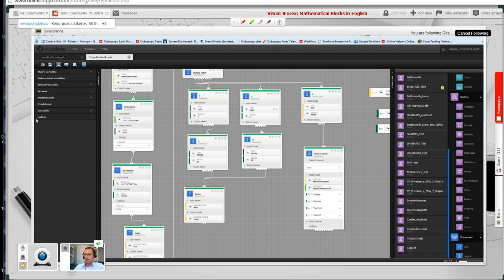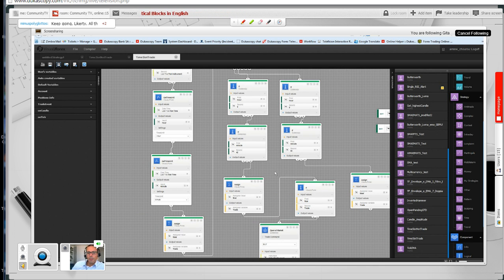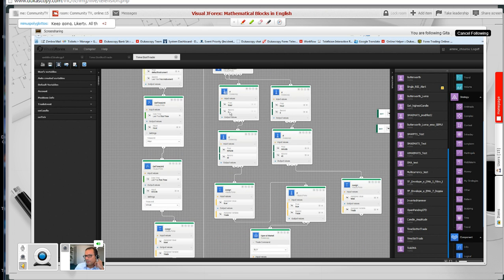Yeah, I've made the same thing, but this is called time slot not trading. So I've created another strategy just to trade between just 3 or 4 minutes. And then the flow is basically the same, but I started to assign the value false to my trade. So imagine the system is going to read this variable named trade equal to false, and then in here the flow is going to define the current time. Actually, this strategy I've tested it on real time just to double check, but you can either test it on historical,